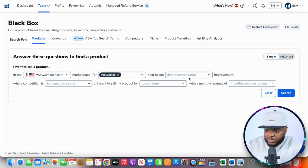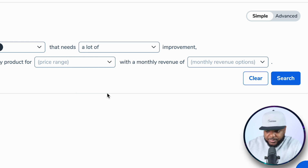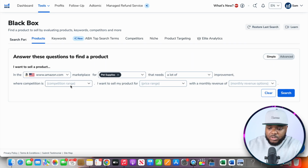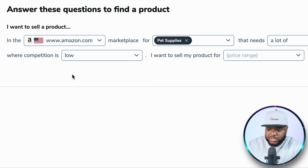When it comes to the improvement range, I would recommend that you select that you want it to show you products that need a lot of improvement. What this means is that it's going to show you listings that are not perfect, but yet they're still generating sales, which means that you're going to be able to compete with them. And that's why I also recommend that when it comes to the competition range, you look for a product that has low competition